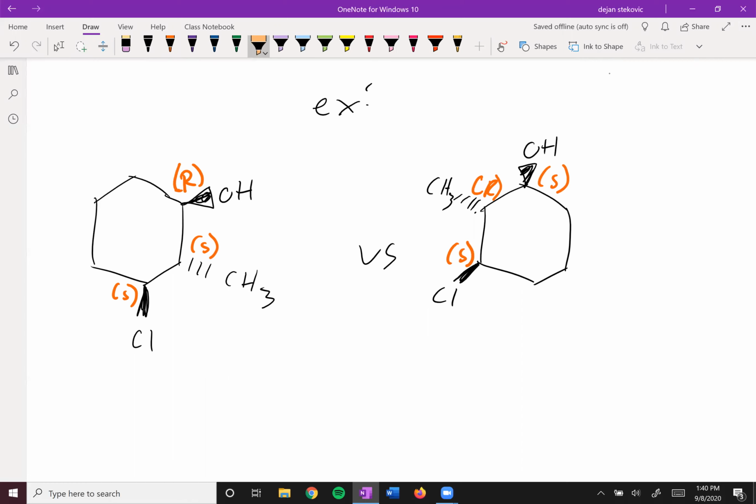And so then if you compare all of our stereo centers, they've all switched, right? The alcohol went from R to S, the methyl went from S to R, and then the chlorine went from S to... Whoops, my bad. This one should be an R. Went from an S to an R. And so they all switched. And so this is an enantiomer